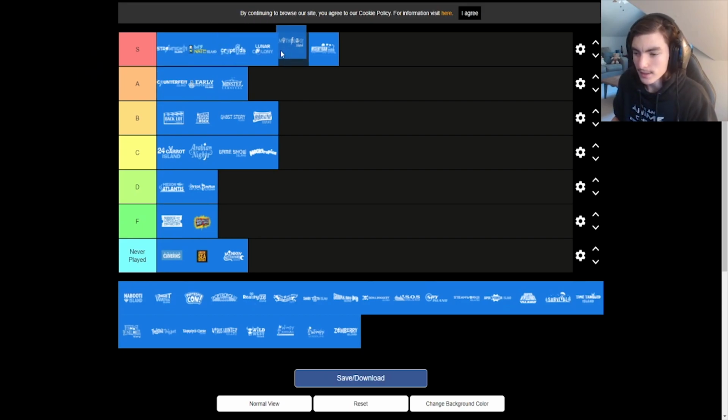Mythology Island. Alright, I know I said I wouldn't put all the old maps in S tier, but come on, it's Mythology Island. Come on. Mythology Island was a great map. That's partly because I'm very enamored with Greek, Roman, Egyptian, Norse, all sorts of mythos and mythology and